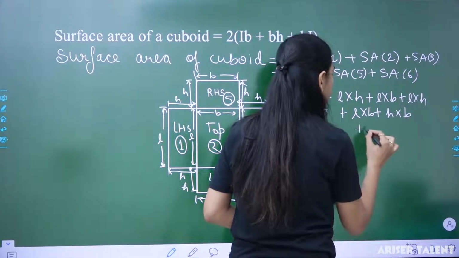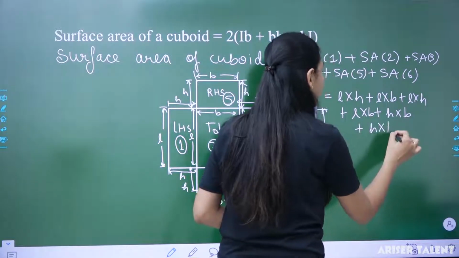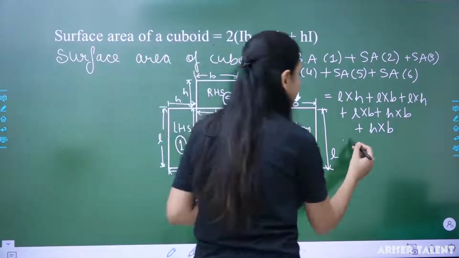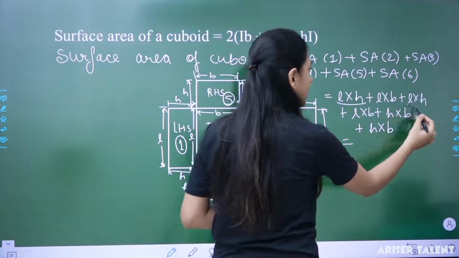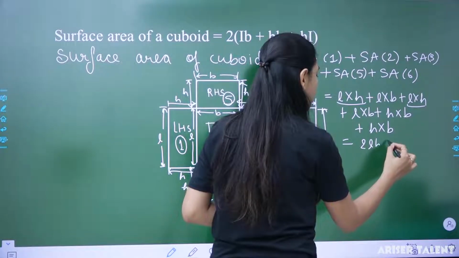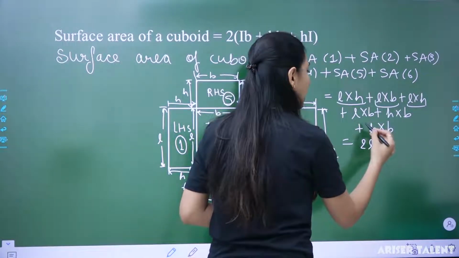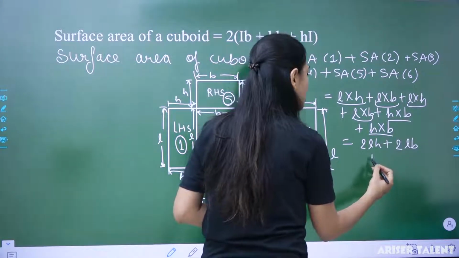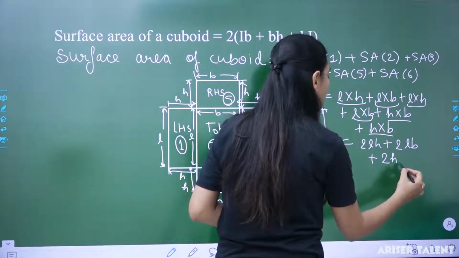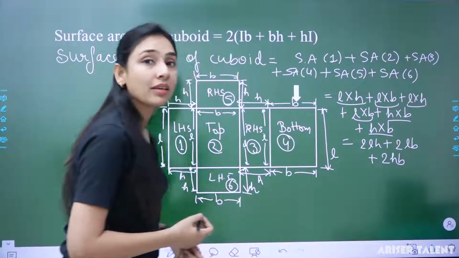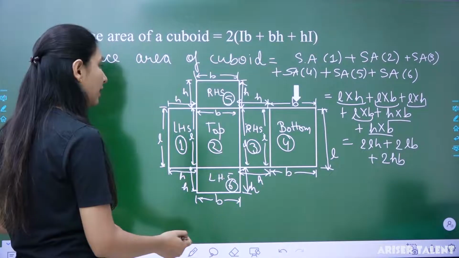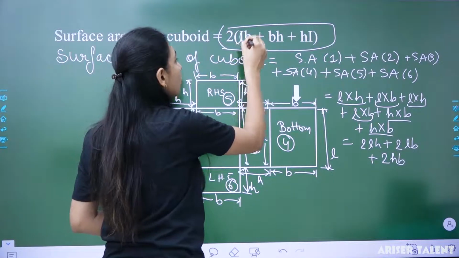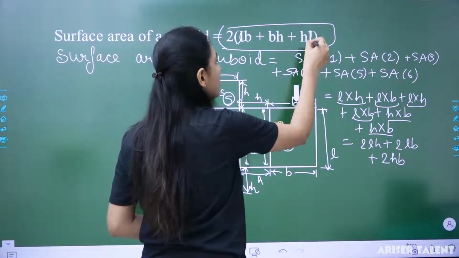And similarly the sixth one is also height multiplied by width, as you can see here. Okay, now that will be equal to LH and LH, so 2LH, plus LB and LB, so 2LB, and the last one is HB plus HB. This is not hemoglobin, student. 2H. Okay, and when you take 2 common, you will be remaining with 2(LB plus BH plus